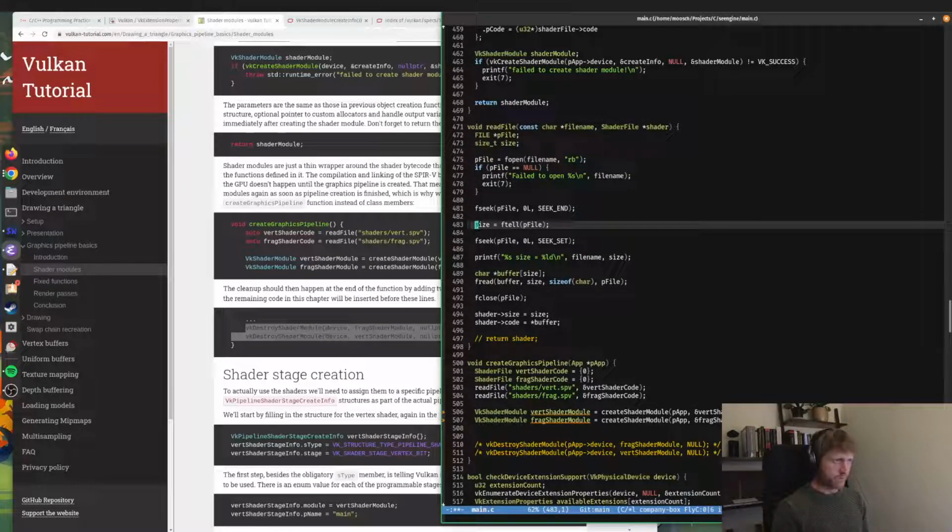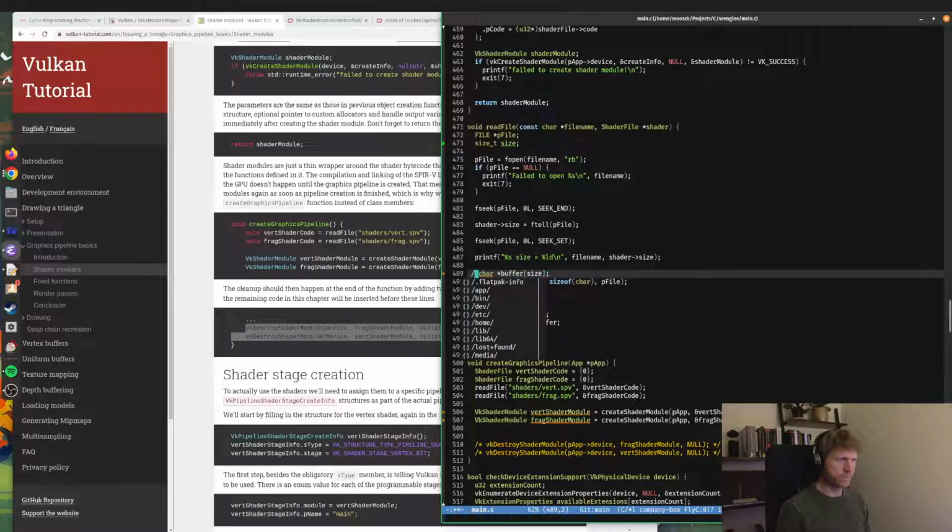Yeah, so what we're actually going to do is make shader size equal to that response from ftell. Probably could do some error checking there as well. fseek is the one, not fseek, sorry. Oh, what's this error all about? Oh, sorry, shader size. Now this bit here is the bit which I think we need to change to be